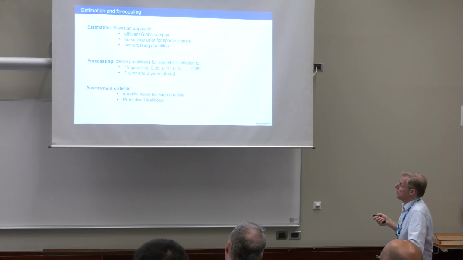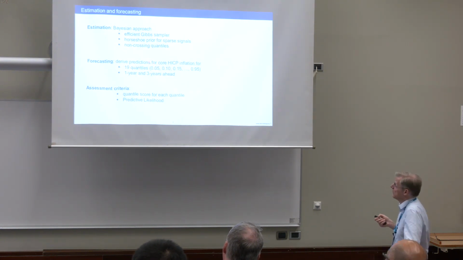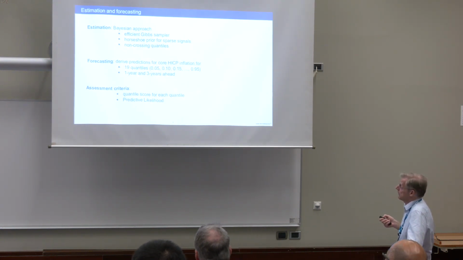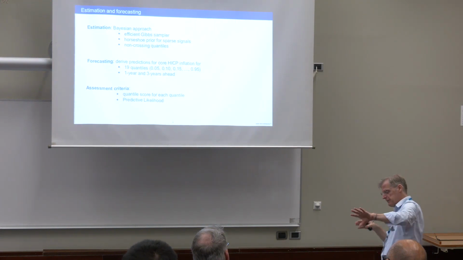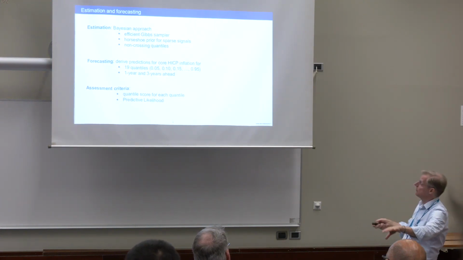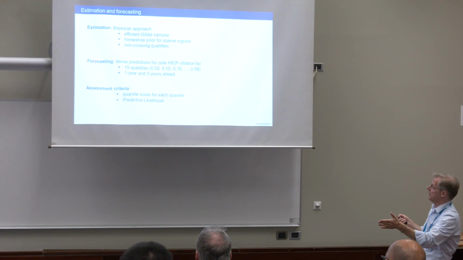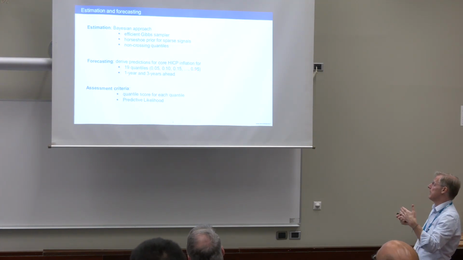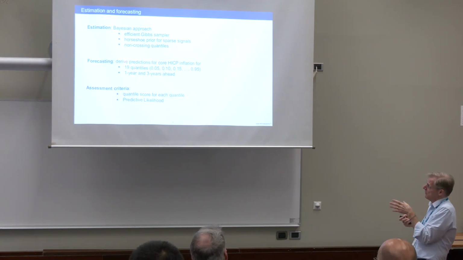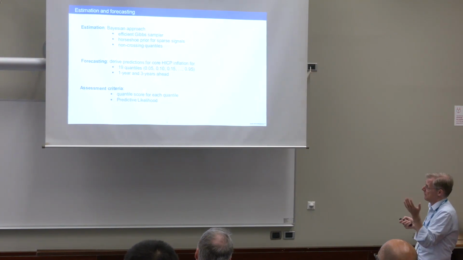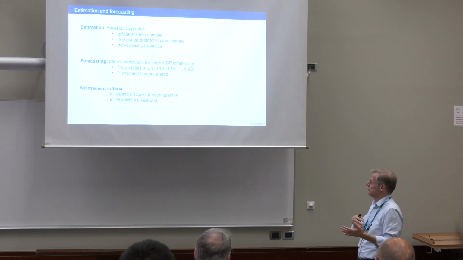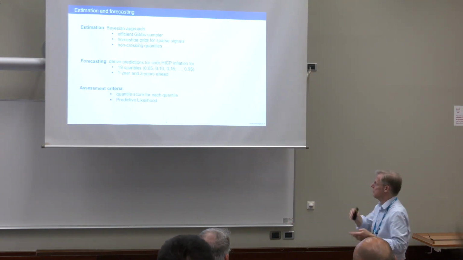For forecasting, we consider 19 quantiles, and then we concentrate on the lower tail, so for prediction of low-tail risks, or left-hand side tail risks, or low inflation, the quantile associated with the 5th percentile, and for high inflation risks, the 95th percentile. We look at different horizons here. We report data for 1 year ahead for short term and 3 years ahead for medium term, more or less. There are no major changes if you also consider 2 years or 1 quarter and so on.